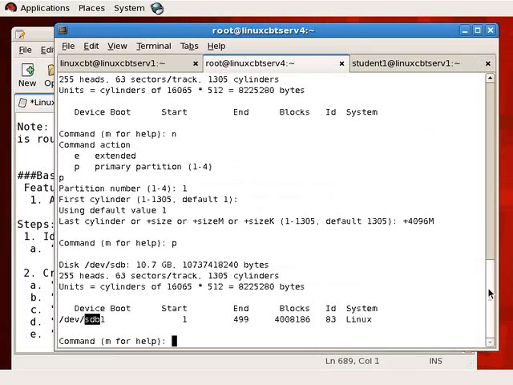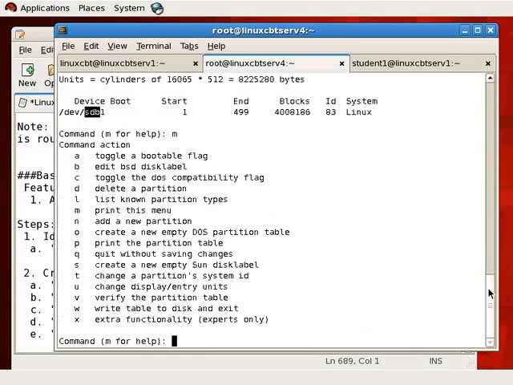In order to commit the changes to the disk, execute M for help, and you'll see that W writes the changes to the hard drive. So W updates the partition table. You may optionally create additional partitions, but we'll do that later on when we show you how to create swap partitions and swap files or swap file systems based on files and partitions. So again, we've created a new partition, and by default fdisk defaults to type Linux,